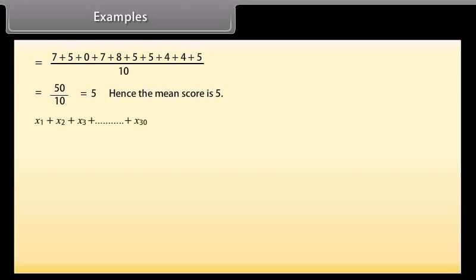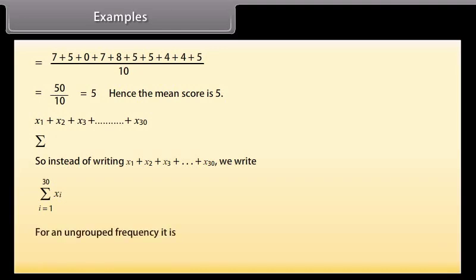If the observations are large, for example, up to x30, then it would take a lot of time to calculate the mean. To solve such problems, we use the Greek symbol sigma for summation. So instead of writing x1 plus x2 plus x3 plus so on till x30, we write it in this way, which is read as the sum of xi as i varies from 1 to 30. For an ungrouped frequency, it is